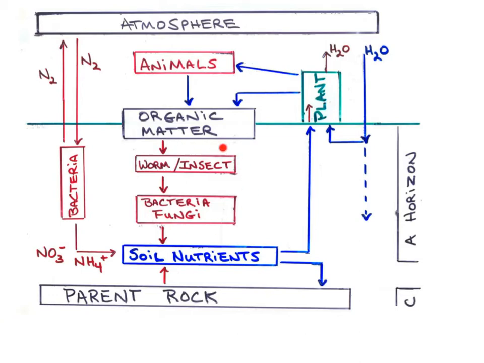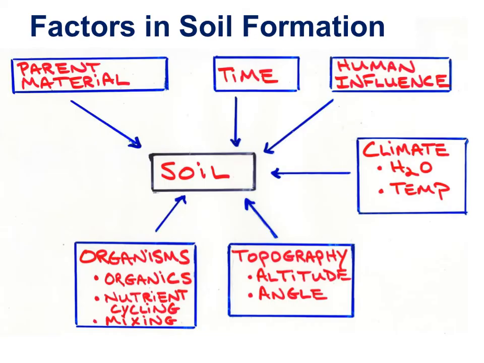And decomposition within the soil by bacteria, fungi, or other larger animals, such as worms, breaks organic matter into inorganic matter as a part of nutrient cycling, all of it a transformation. The important factors in soil formation are time, lots and lots of time, particles from the parent rock, organisms, organic matter, and biological mixing. The soil requires air and water, and soil forms best when the slope angle is relatively low, so there can be an accumulation of material rather than an erosion of material that would be typical of